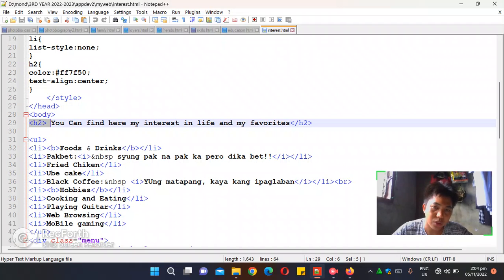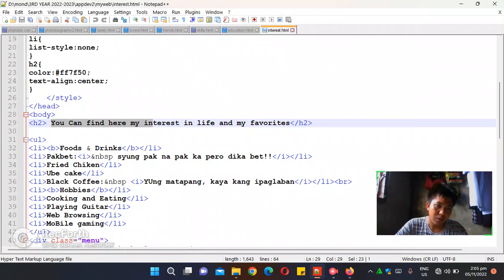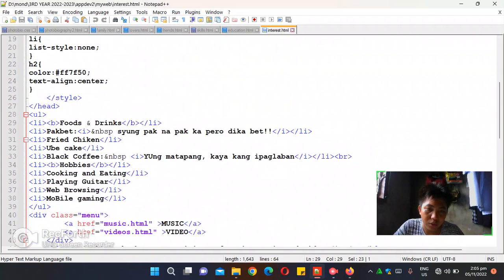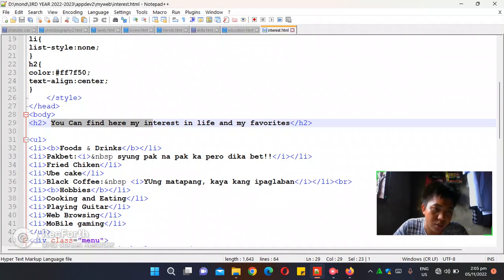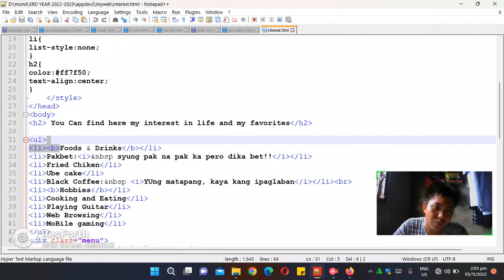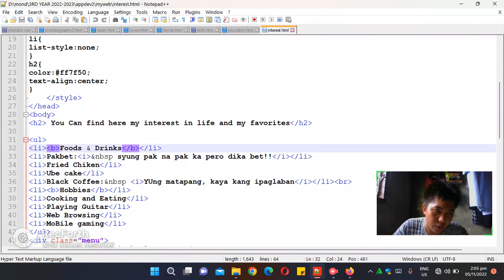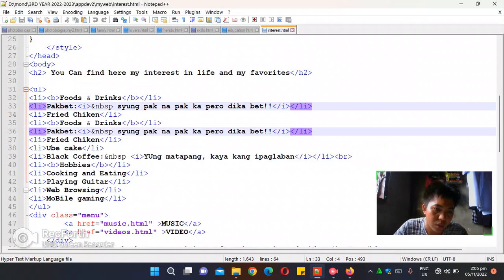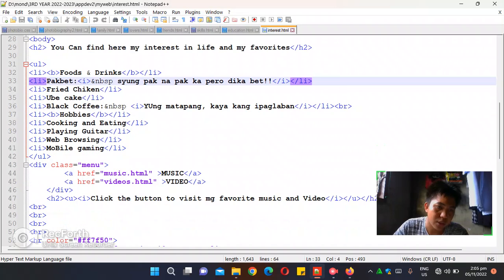I inserted an H2 for the title, or for the message, which says you can find here the interests, my interest in life and my favorites. I use UL for the title of the text. I inserted a B tag here to make the text bold, and also here in the hobbies and list for the content of the